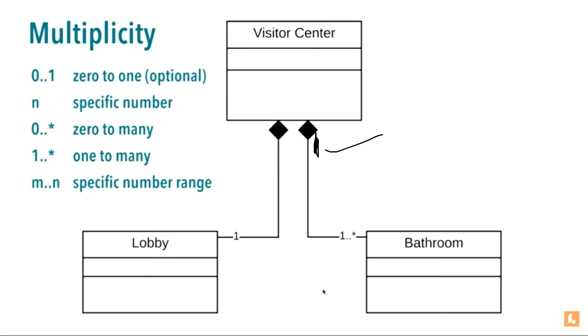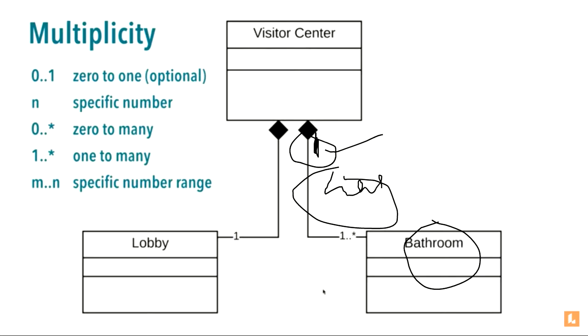No, don't change the English like that, otherwise you get confused. Just keep a has here. Read it with has only. Bathroom has one visitor center. Just like that. Otherwise what will happen? Definitely you have understood. The meaning is right.